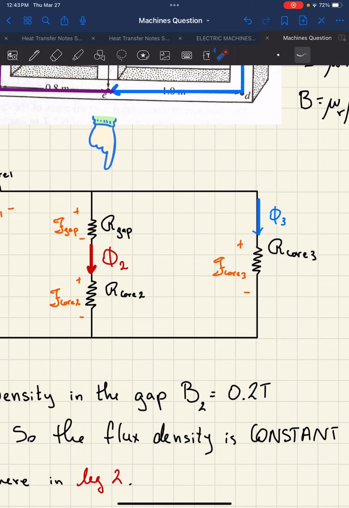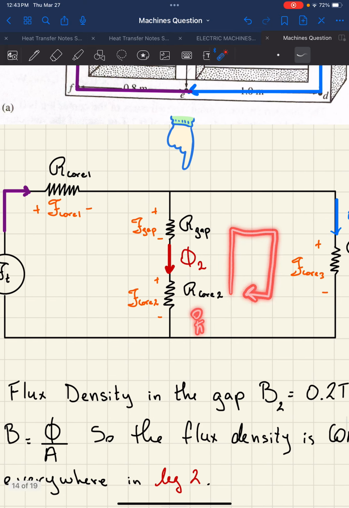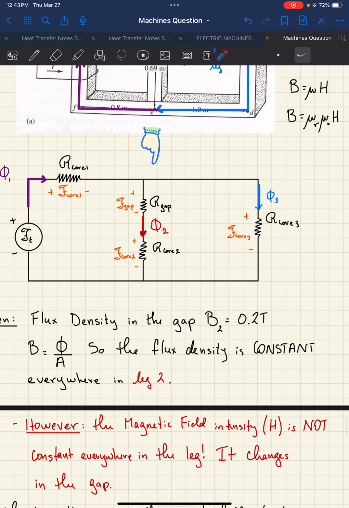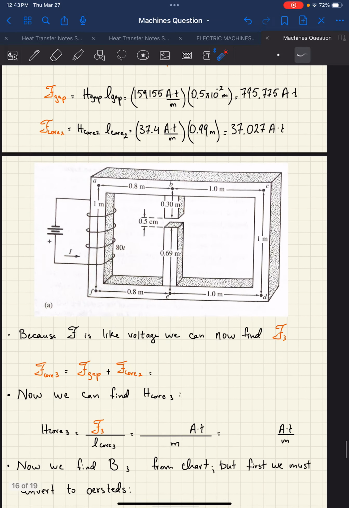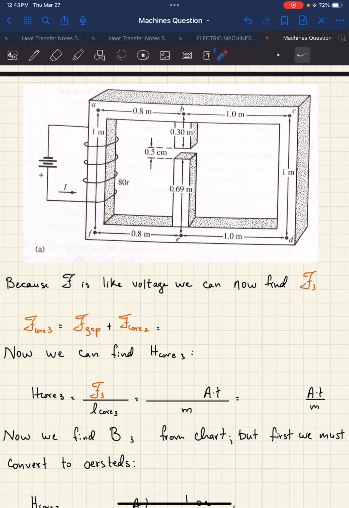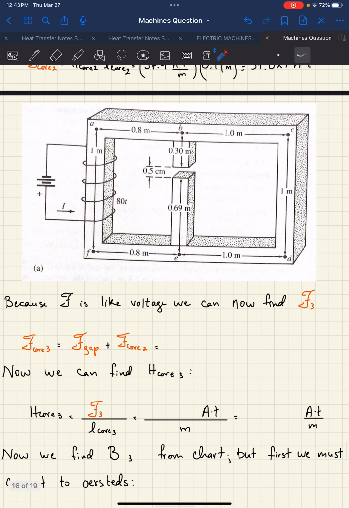If you're not comfortable with that, do KVL in this loop and do the whole walk around the loop, and the algebraic sum of all those voltages should be 0. And you're going to get the same thing, that F core 3 is F gap plus F core 2. So let's go ahead and do that. That's one of the easier parts. Because F is like voltage, we can now find F3. Basically it's just the sum of these two. I'm just going to write the result, which is